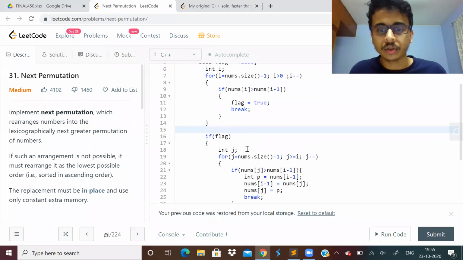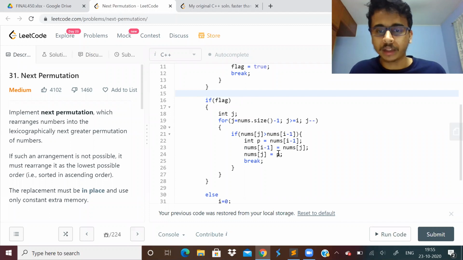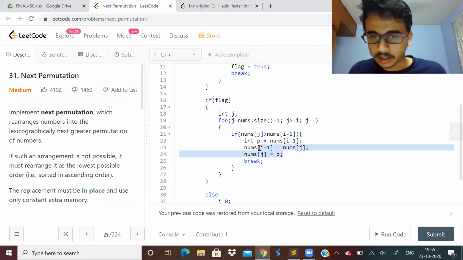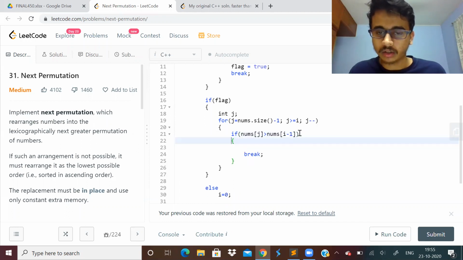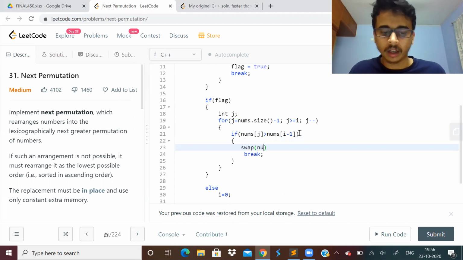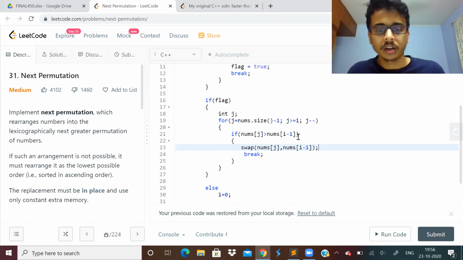If flag is true, then I perform this. I think this can be replaced with a swap operation, so I can just write swap nums of j and nums of i minus 1. I will swap this and break out.